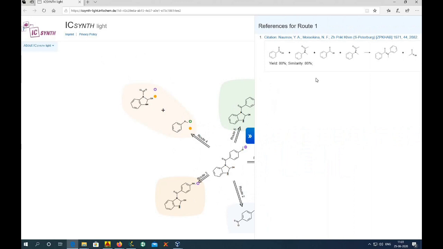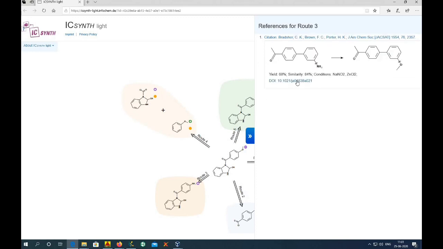Route 1 shows the literature and it has the complete procedure to synthesize this new molecule. We can find the similarity, nearly 86%, by using this literature. By clicking route 2, we can see one literature is also given, but it shows less similarity than route 1.